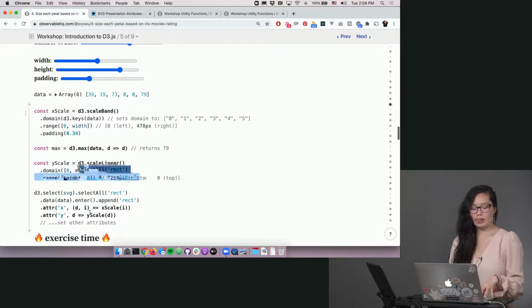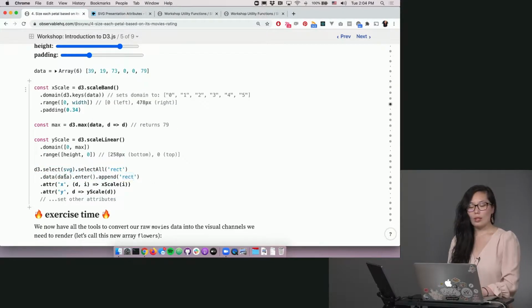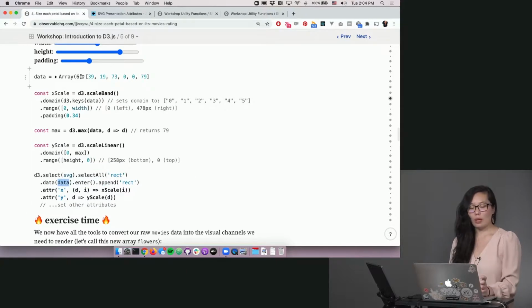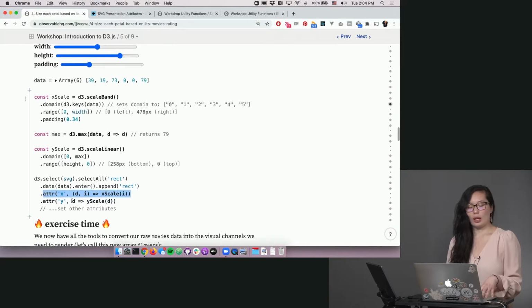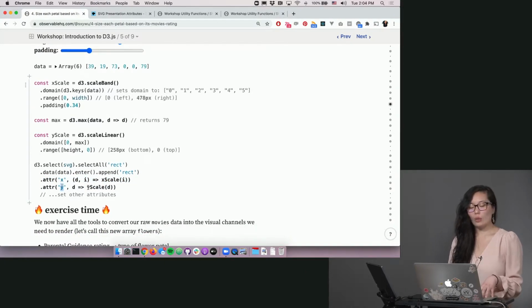And create the number of rectangle elements as in the data. Right now we're creating 6, and we're binding this data to each of our 6 rectangle elements, and we're passing in an attribute of X. For the X, what we're doing is passing in the index to the X scale, and then getting back some number. And for the Y, we're going to pass our data to the Y scale, and we'll get back some